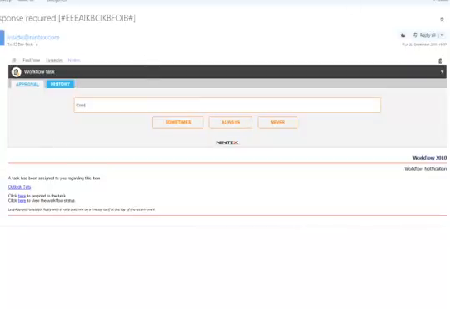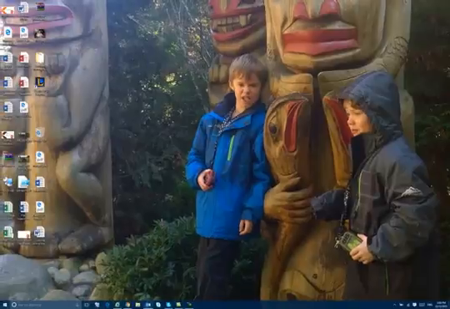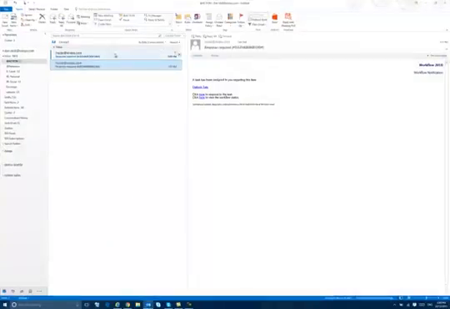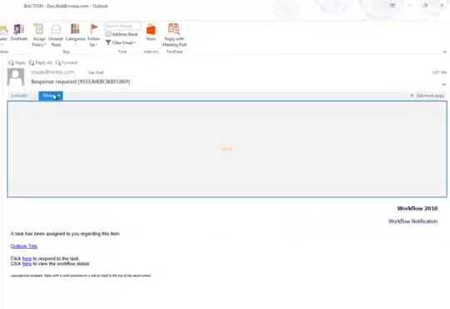So let's just quickly switch over to my Outlook client, and we can see the emails that have come through, and I've got my email here. I can go and select on the Nintex tab,